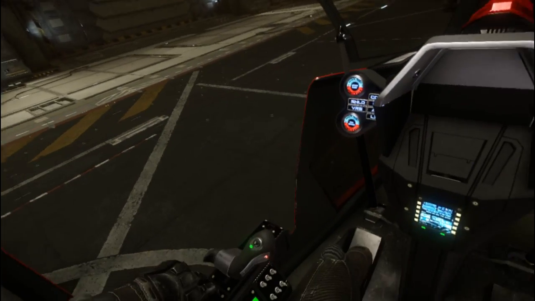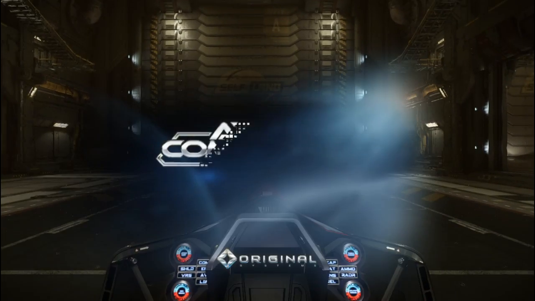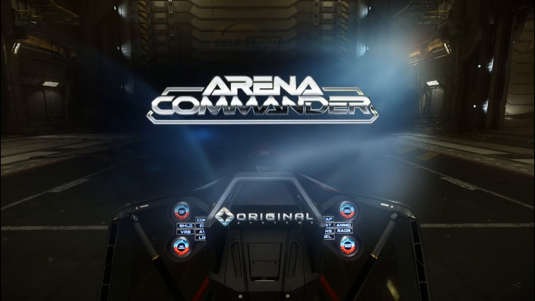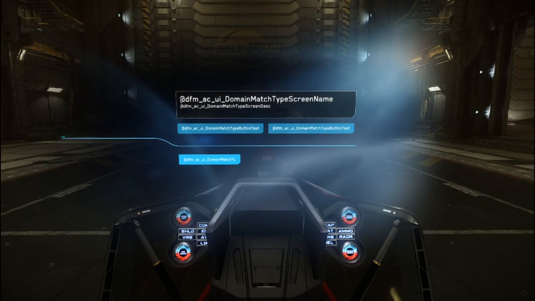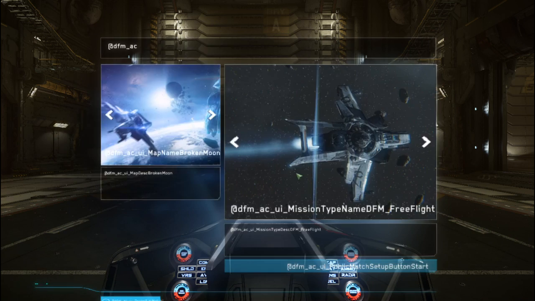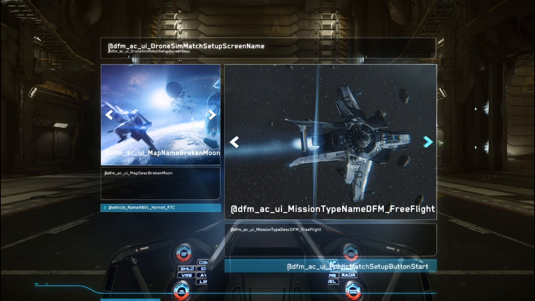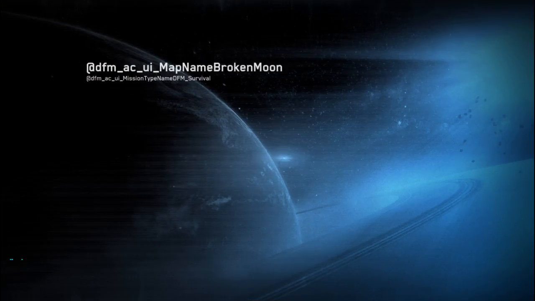But we're here right now for Arena Commander, the Mustangs, all of it. Unfortunately, with the release of Arena Commander 1.1, there are several bugs. As you can see, the text and menus seem to be having some issues. I don't know if that's just me or not. May or may not try reinstalling it, see if that fixes it or not, but until then I was kinda